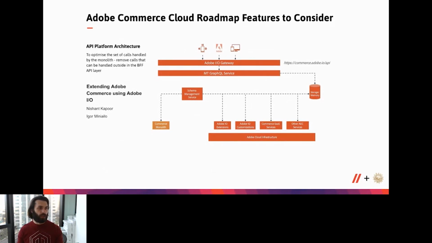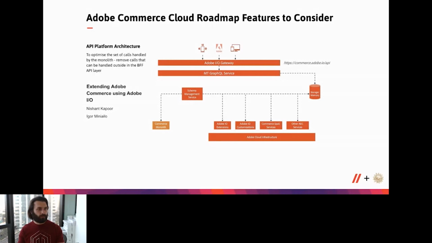That architecture gives an ability to process a number of API calls at the same time and is highly scalable. There are also a number of services already implemented and running on that architecture, such as product recommendation and Adobe Live Search, which are good examples of successful implementation that remove the requirements of a merchant's